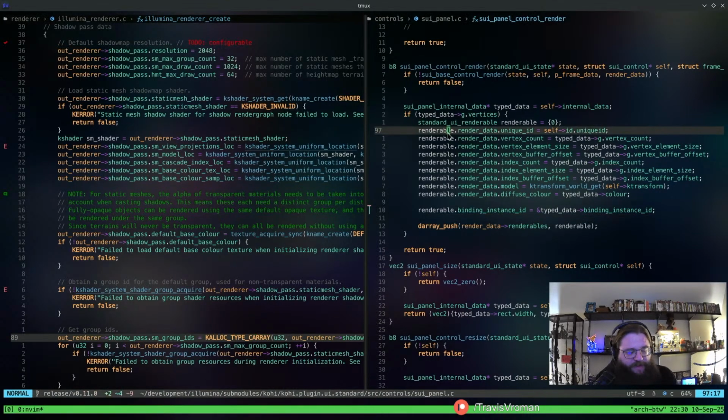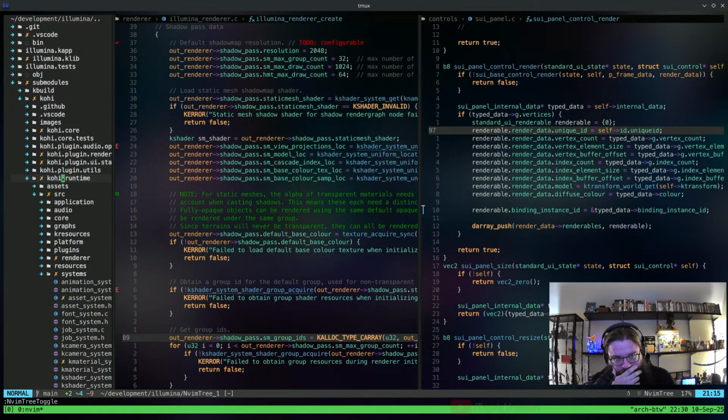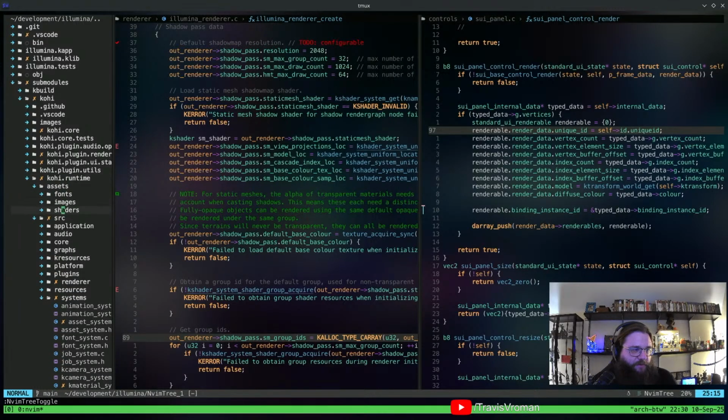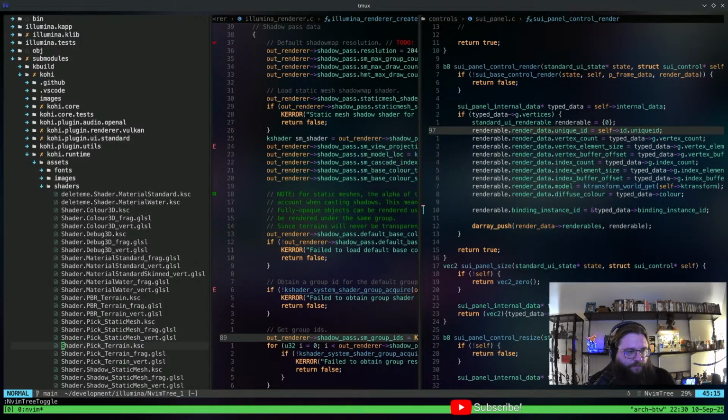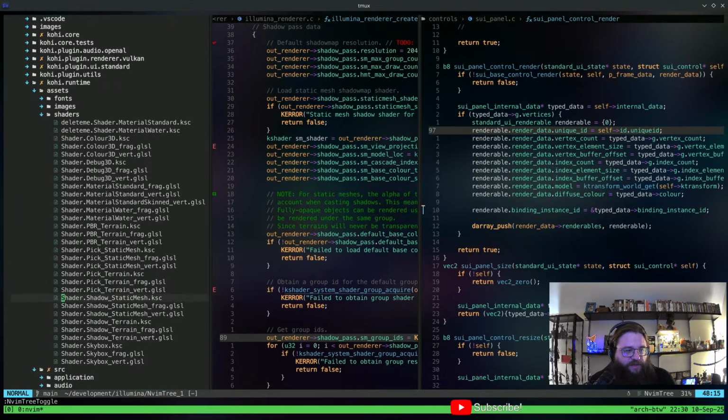Right, the Shadow Pass shaders. Let's see. We do have these defined this way still.